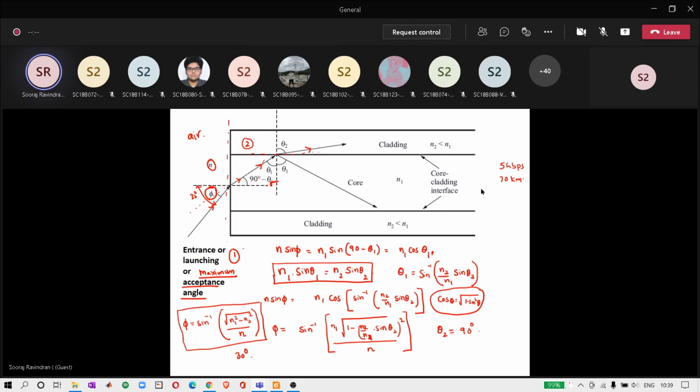All right. Any questions on this maximum acceptance angle? Anything to get clarified? Okay, then we'll move on. This maximum acceptance angle is extremely important, and based on this maximum acceptance angle,